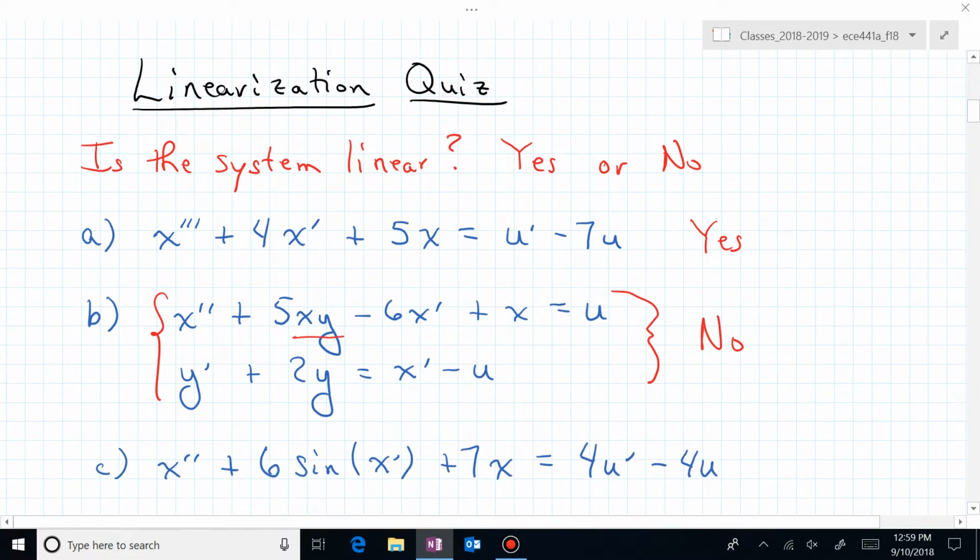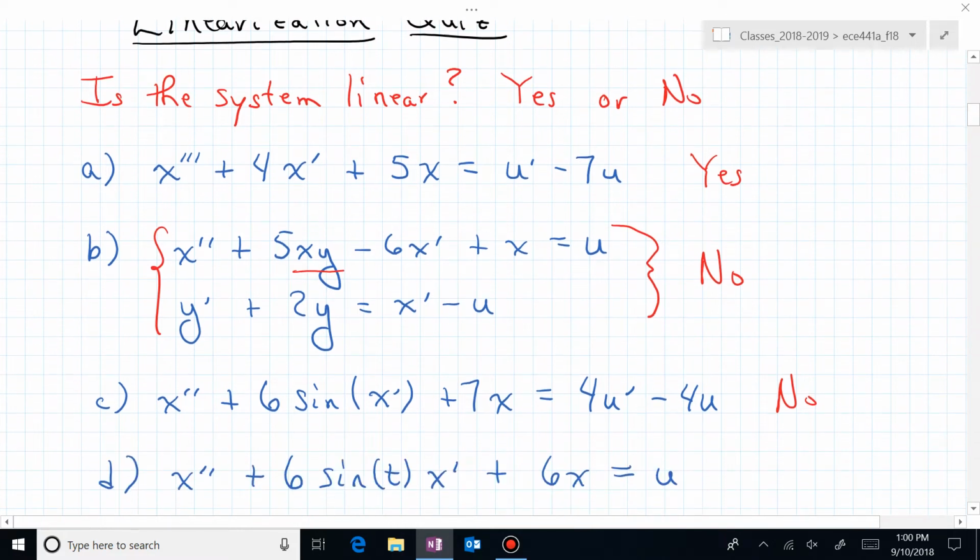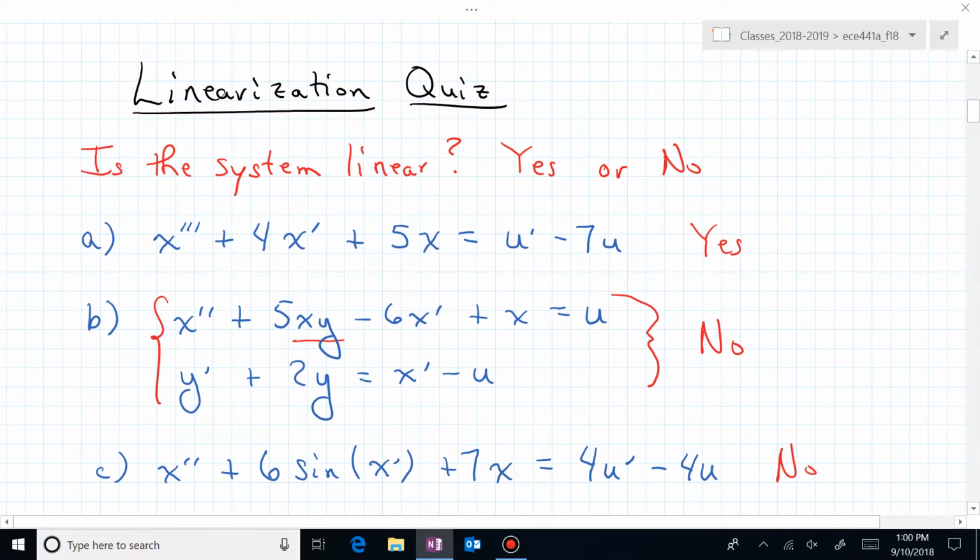System C. Let me know if this system is or is not linear. Is the system linear? Yes or no? Pause the video, think about it, and when you have your answer, hit play. This particular system is in fact not linear. And the reason it is not linear is because we now have this sine, which is a nonlinear operation